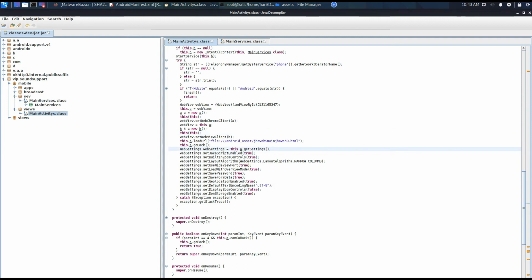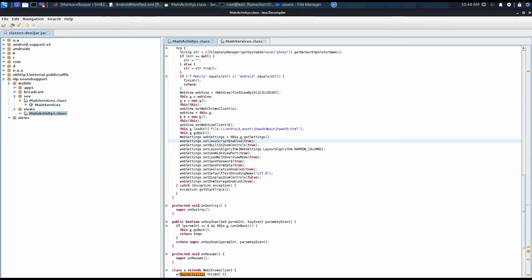If this web page contains any malicious JavaScript, what the attacker can do is steal the cookies from your device. Mostly people log in from the Chrome browser, right? So the user passwords and the important cookies and session IDs available in your browser, all the data will be stolen by the attacker because JavaScript is enabled. This is called WebView vulnerability, which we discussed previously. So make sure that you do not open it in the web browser.